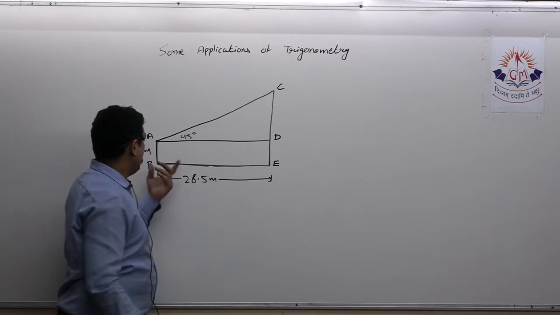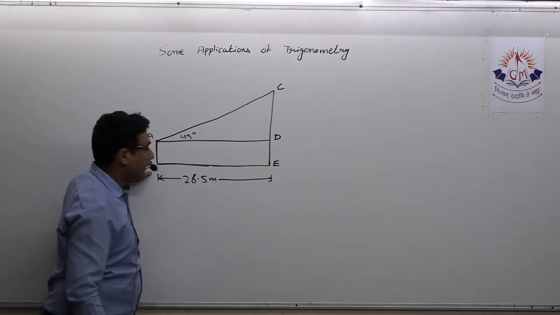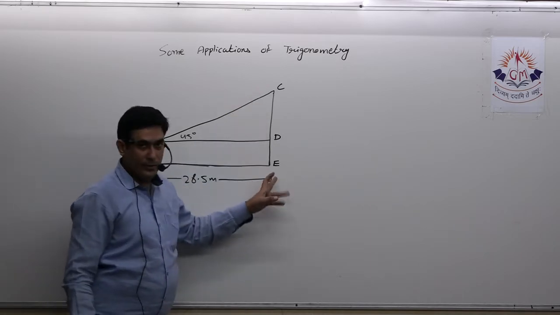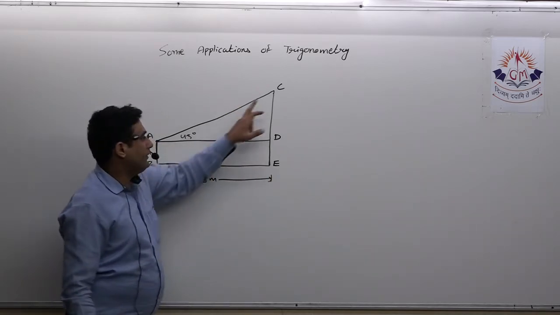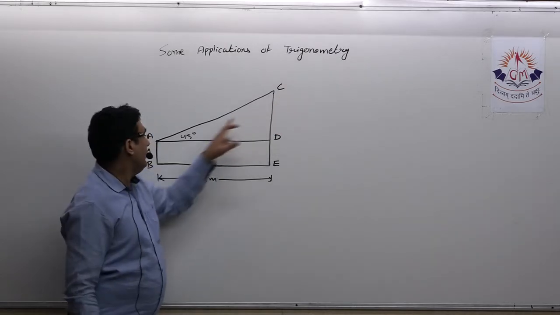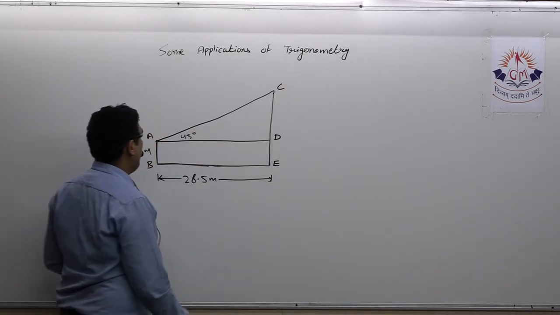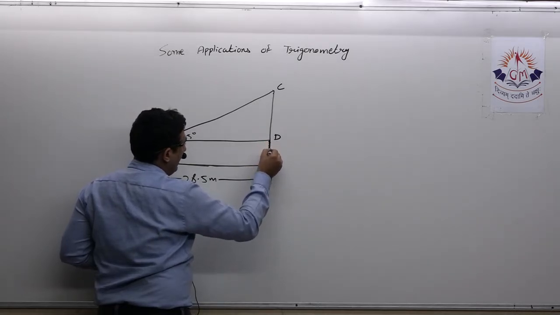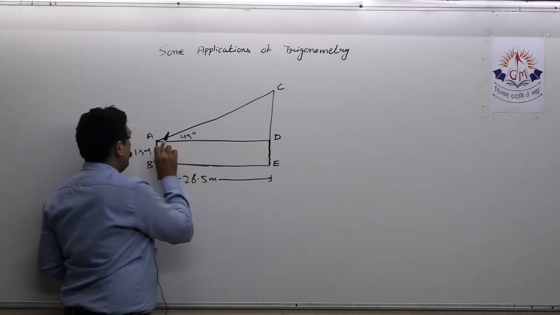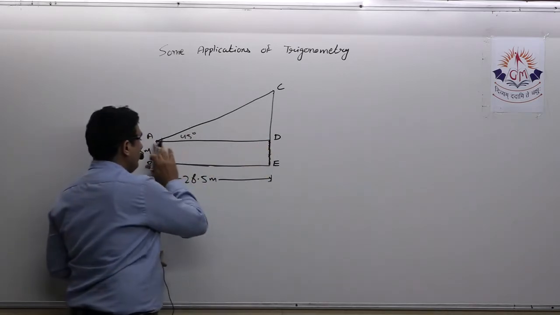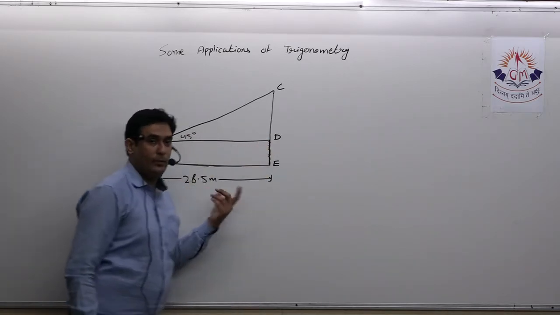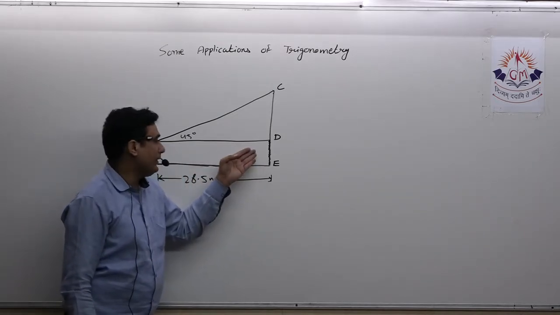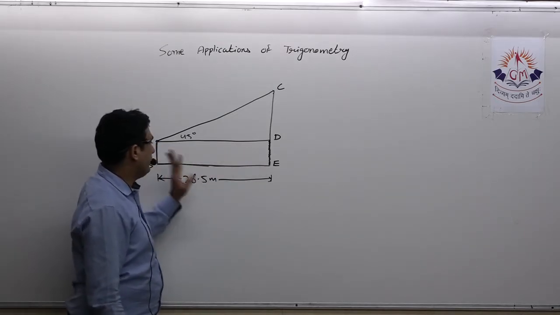In the description I have to write, suppose AB represents the 1.5 meter tall girl, CE represents the chimney, and the angle of elevation of the top of the chimney C is 45 degree. Now what actually we have to obtain? CE. So DE we have already, because this is 1.5 meter. No need to give explanation why DE equals AB. With the help of the diagram, we can simply say DE is equal to AB, that is 1.5 meter.